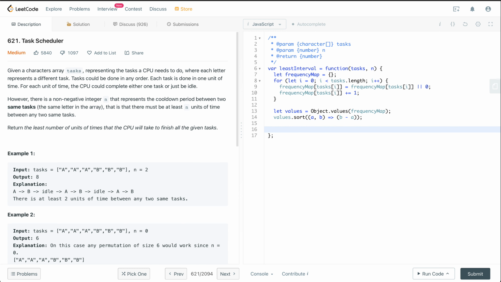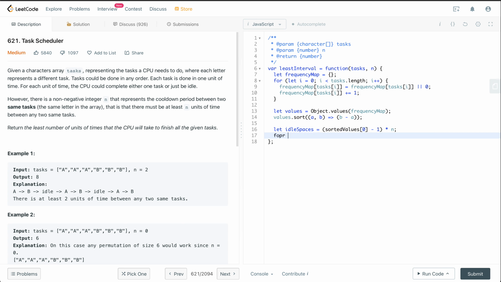Then let us also calculate the required idle space, and that will be for the maximum frequency task. So let idle spaces equal to sorted values 0. So this contains the task with highest frequency minus 1, and that will be multiplied by n. I gave the reason why we are doing minus 1 here in the algorithm section.